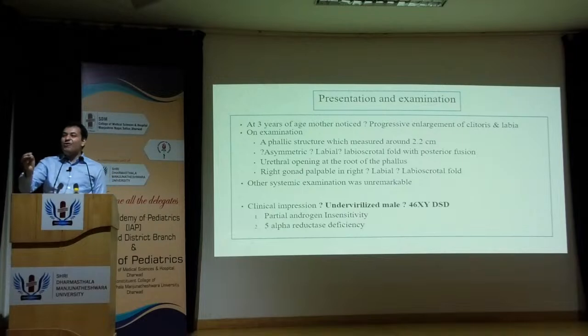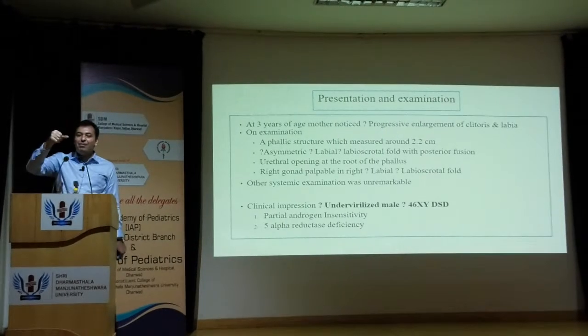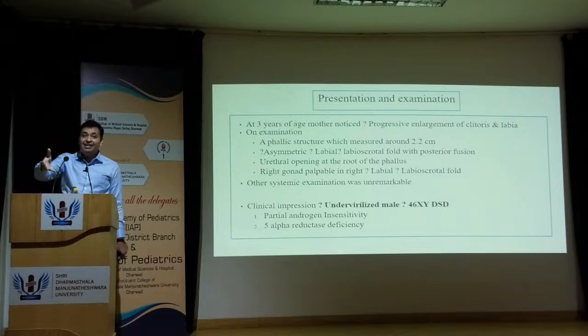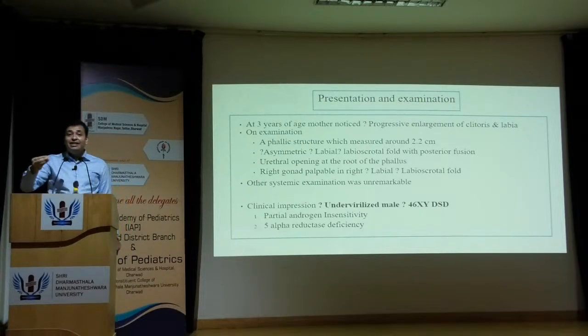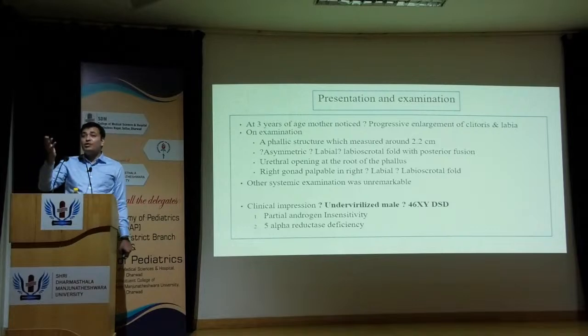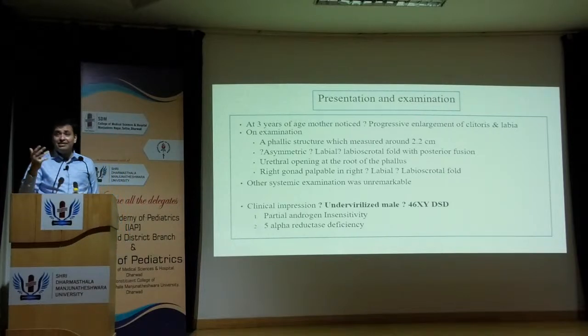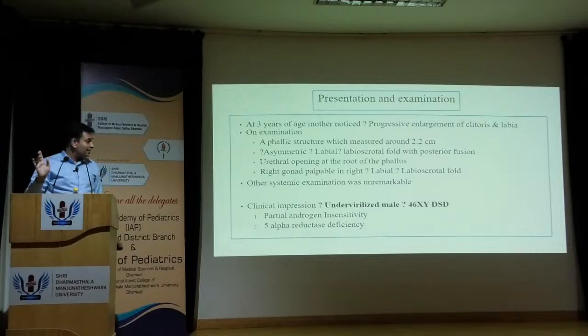This is a simple take-home message: if you're able to run your thumb from the inguinal region along the labial folds of an apparent girl and you palpate a tissue, that tissue is more likely to be a testicle, or it could be a mixed gonad like an ovotestes. So that started to alert us that, yeah, here we have a case on, and we sent the child to